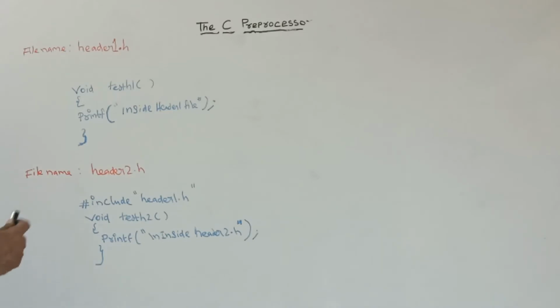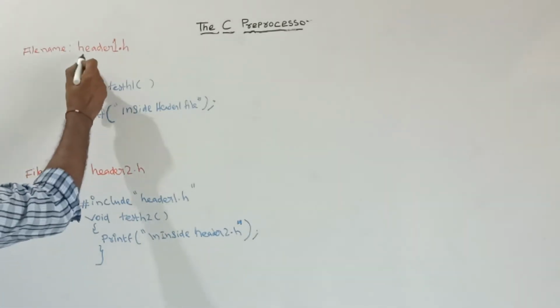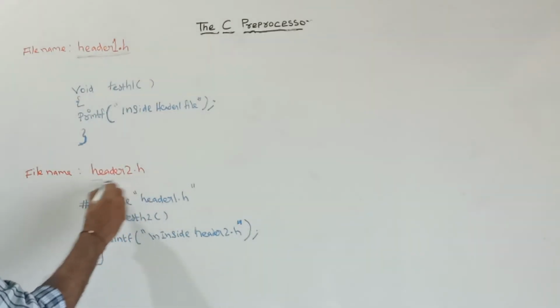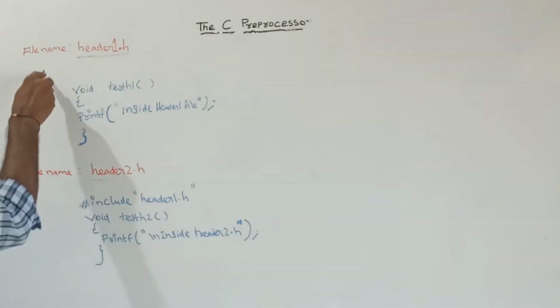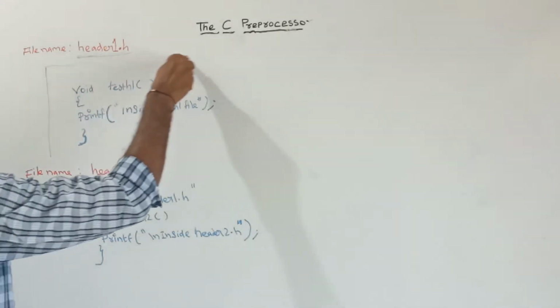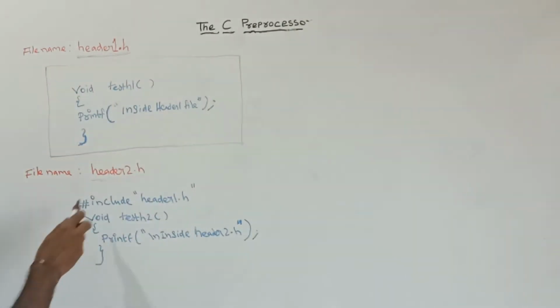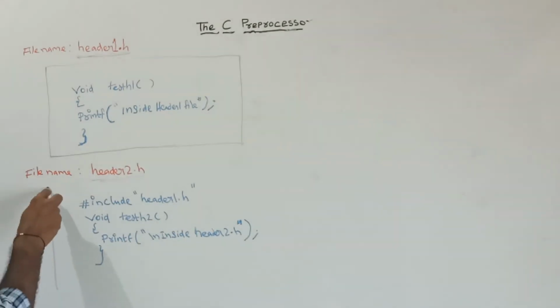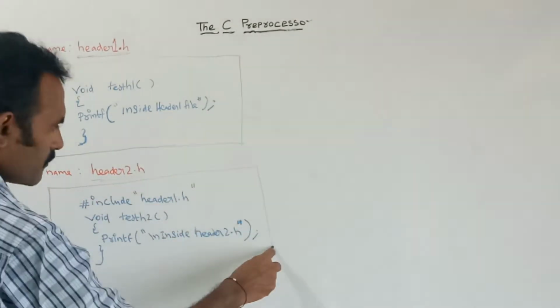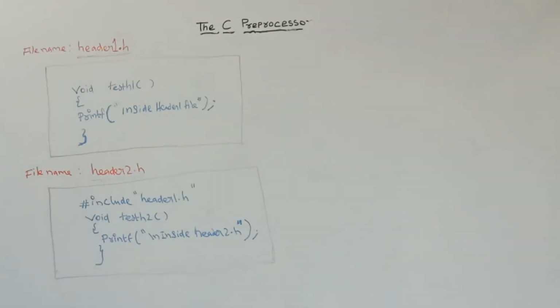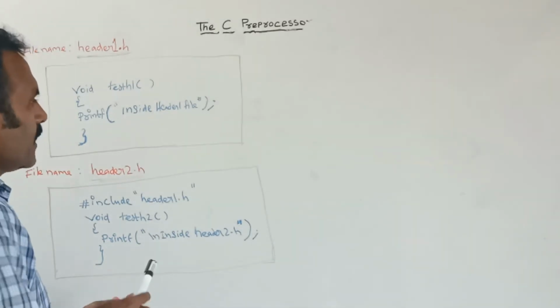The first file name, this one, header1.h. The second file name, header2.h. See, totally I have two header files,